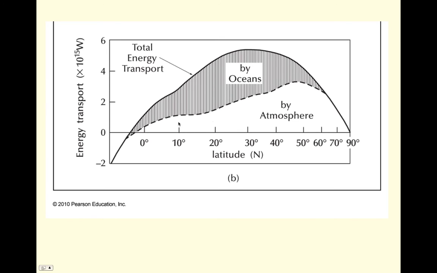This is an area where the Hadley cell is a very strong developed cell. However, the temperature gradient in the atmosphere isn't that strong between the equator and the subtropics. As you go into an area where the temperature gradient is stronger, say the mid-latitudes up towards the poles, the atmosphere gets a lot of work done. And this is because those dynamics of the jet stream spinning up highs and lows are quite efficient at moving heat poleward. However, there's also a strong temperature gradient, so any dynamics can move energy.